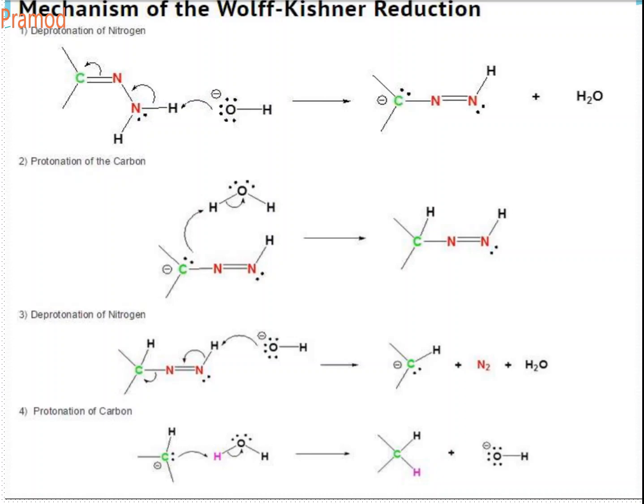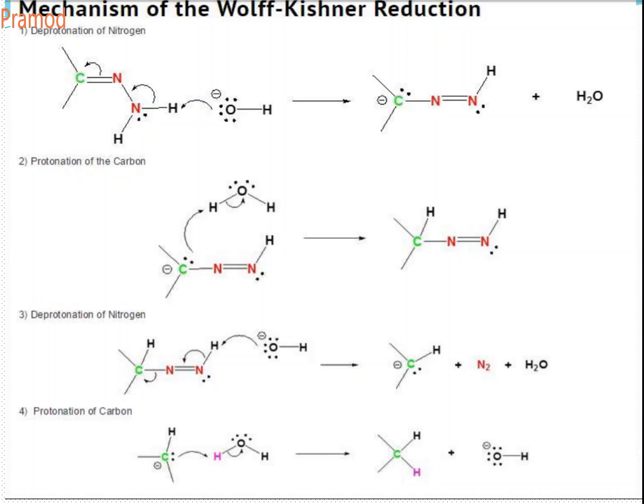Now let's go for the third reaction. But before that, I would like to explain the reaction again. What is the first step? First step is the formation of your hydrazone. Hydrazone is nothing but a reaction between your carbonyl compound and hydrazine, that is NH2NH2, with the loss of water to form your hydrazone, that is C double bond N single bond NH2. That is your first step that is shown. Now this hydrazone that is formed gets deprotonated at your nitrogen by your base to give your carbanion.